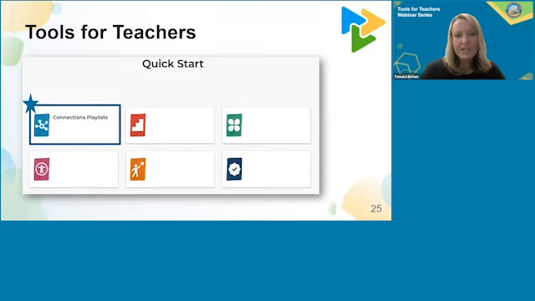Interim assessment connections playlists are developed by groups of educators from the Smarter Balanced Assessment Consortium, including educators from California. These educators are trained to author these resources that embed the formative assessment process into instruction.